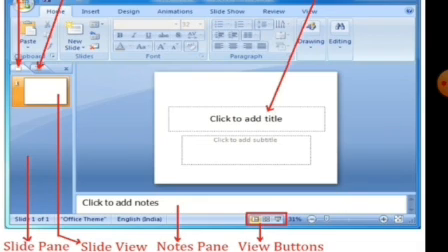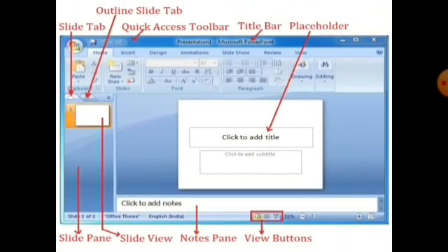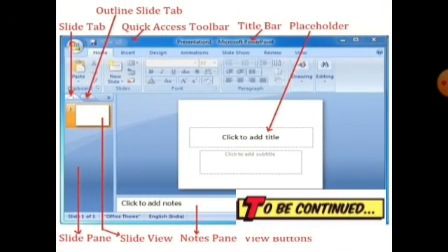That area is especially for the readers and for those people who want to leave a special note for the reader. Okay, so these all are the components of PowerPoint.